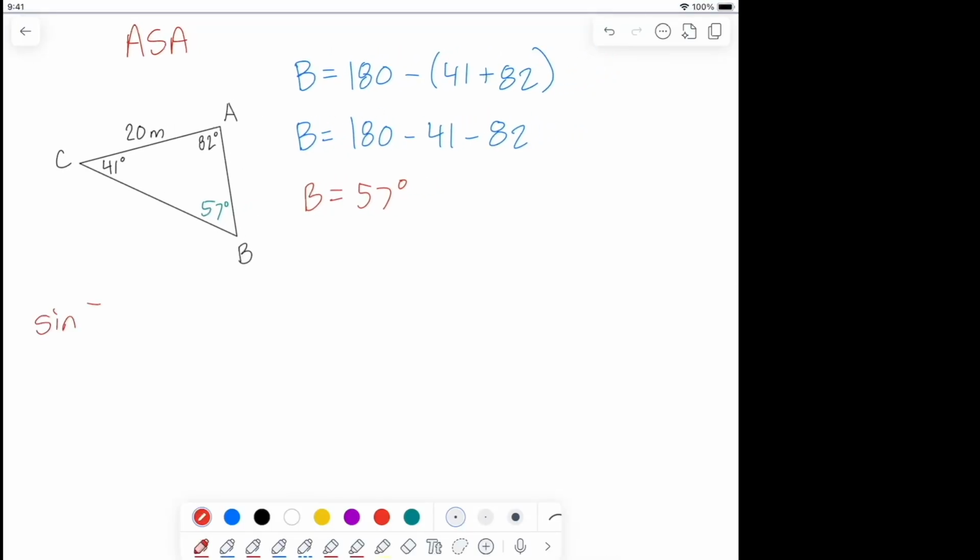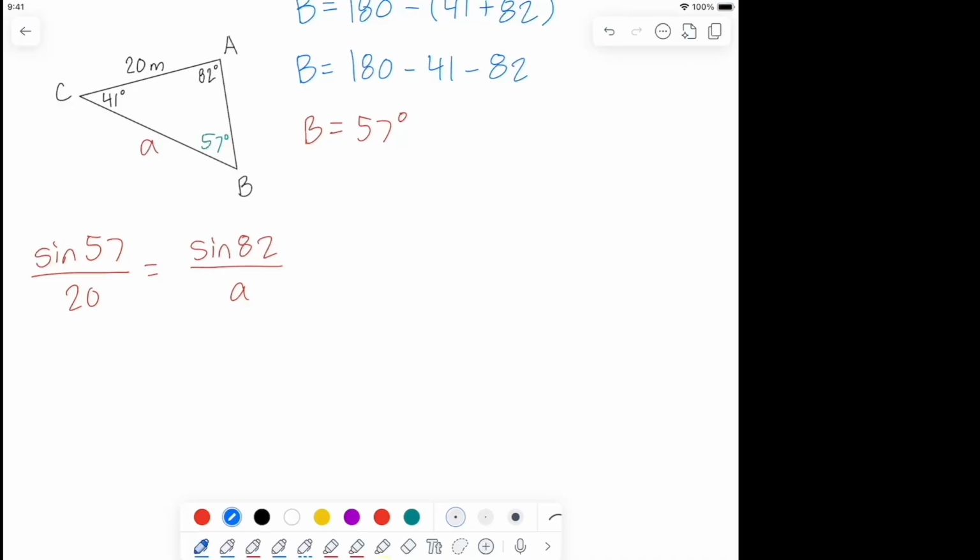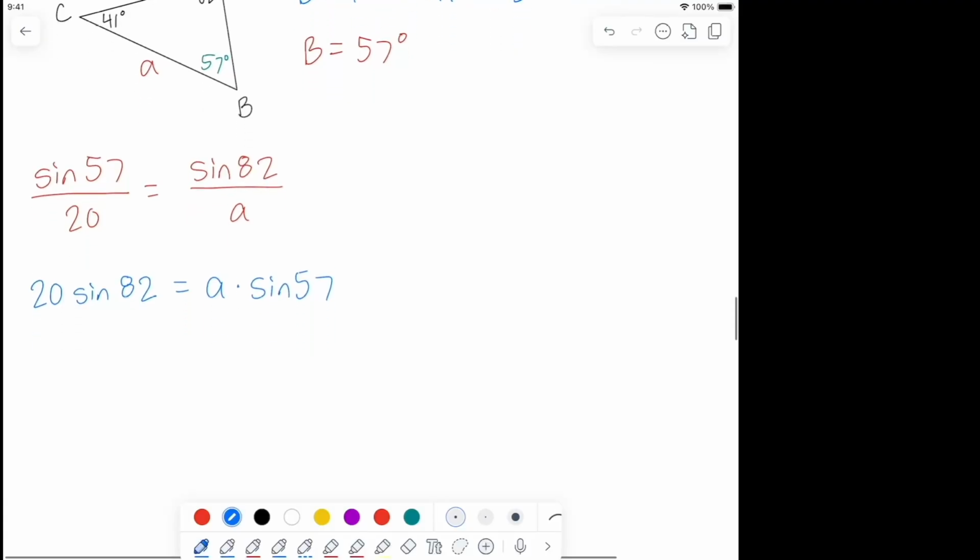So the sine of 57 degrees, actually we need to decide what I'm solving for. Let's solve for side length A. And instead of making that an X, I'll make it an A. Sine of 57 degrees divided by its side length equals the sine of 82 degrees divided by its side length. When I cross multiply, I get 20 times the sine of 82 degrees equals A times the sine of 57 degrees. And when I divide both sides by the sine of 57,